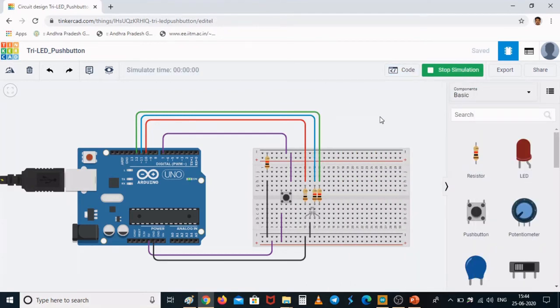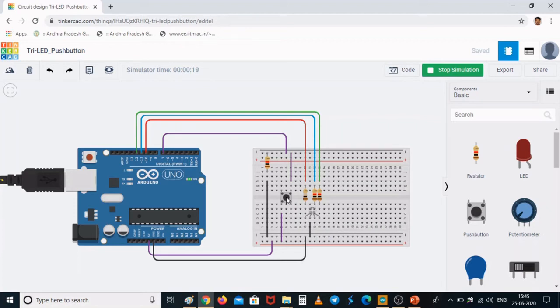So you could see now that no glowing of the LED has taken place. Earlier, the moment I started the simulation, the LED started glowing. But now it will not happen until I press the push button. So when I press the push button, now you could see that your LED is glowing. Okay, your LED glows only for one cycle, that is glowing red, green, and blue. Once that cycle is over, it stops blinking because my push button is no longer high.